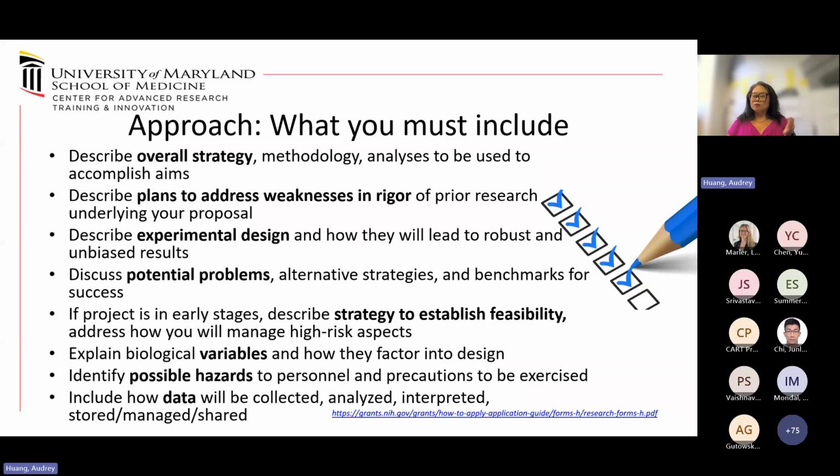What might confound the data that you do collect, the results that you do collect. If you're just launching a new approach to studying a new problem, there's going to be questions about feasibility. So what can you draw upon from your own preliminary work? This is where preliminary data really helps. Or what's been done with similar approaches to other problems that other people have done to minimize the chances of something high risk going totally south. You have to explain your variables and possible hazards and your data management approaches, all in those 6 to 8 pages.